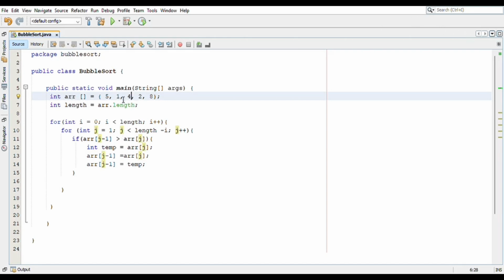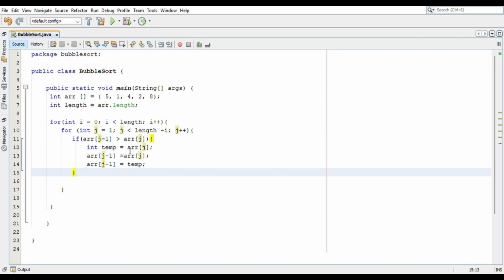So it will be 4 and then 5 over here in this case. So again, it will be compared with 2, and then it will be compared with 8 finally, in which case 5 is not greater than 8, so the control flow will not go inside this if loop.